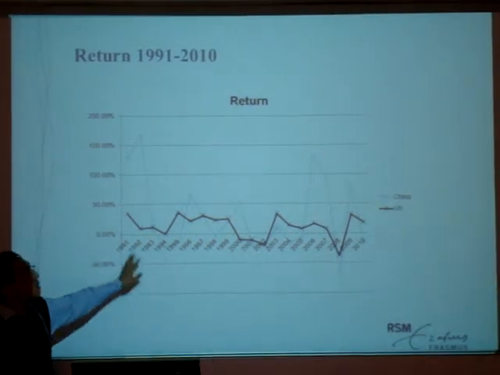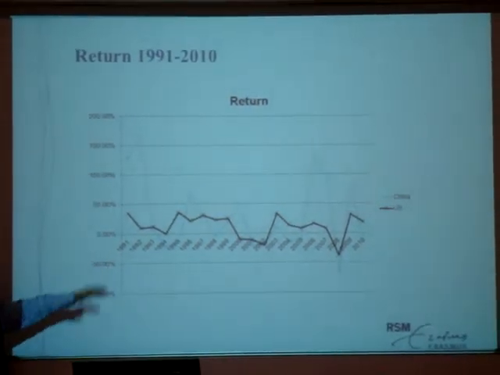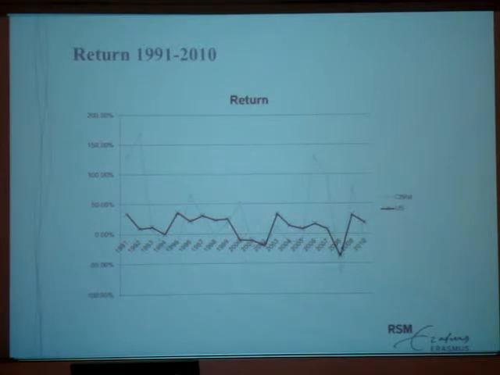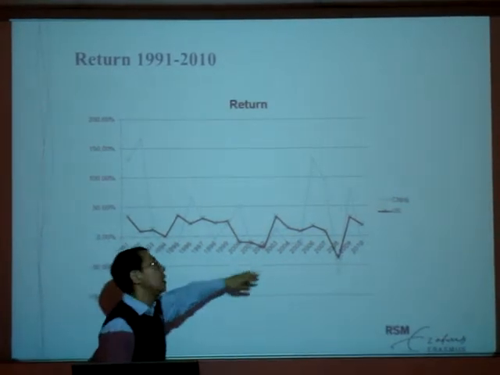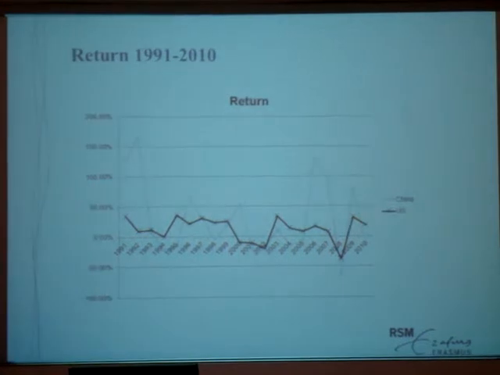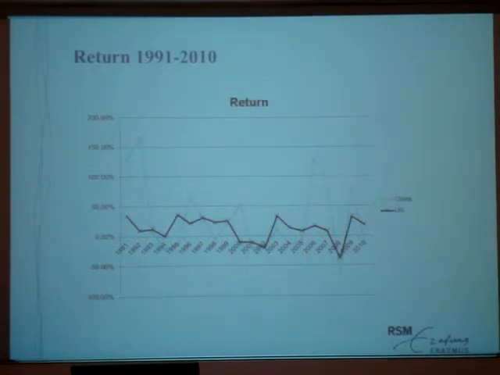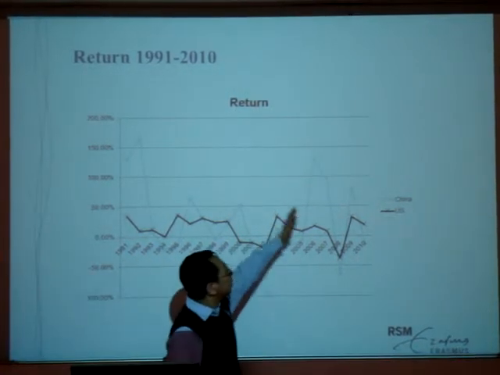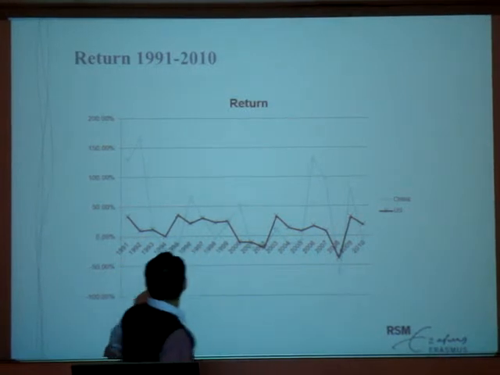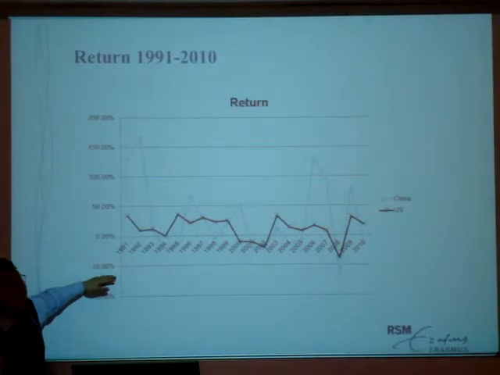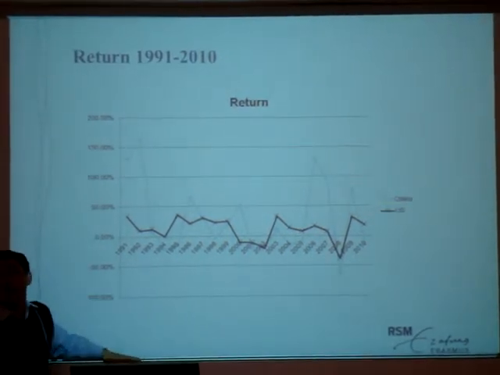Here is the yearly return, I mean for each year. So for China, sometimes you can have a return of more than 100%, even more than 150%. For the US market, it's more smooth. I'm not saying very smooth, but much more smooth than the China market. Okay? So you can see very big peaks and downturns for the China market. For this year, 2009, I think it's more than minus 50%. It dropped more than half.